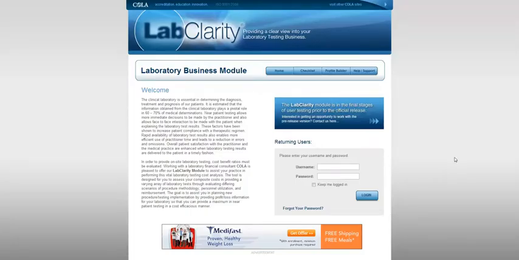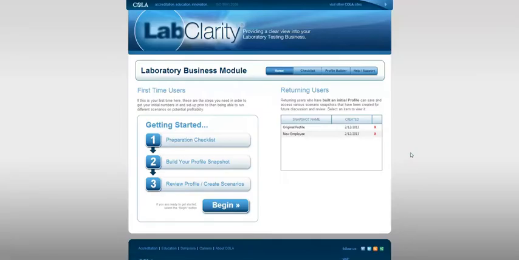This is the home page for the LabClarity module. Once you register, you'll come in and you'll enter your username and password. As I mentioned, I'm going to be using an existing account for this demonstration, so I'm going to go ahead and put that information in. I'm going to log on to the system, and when I come in, you'll see I have a dashboard